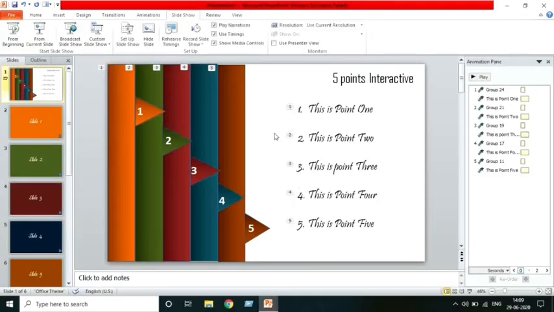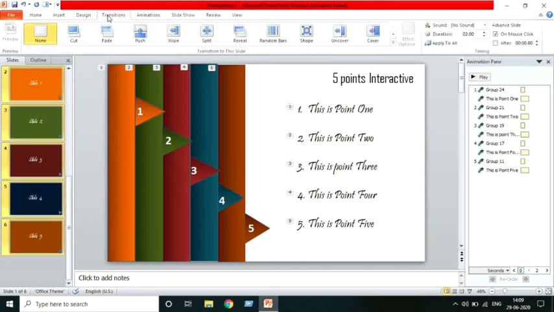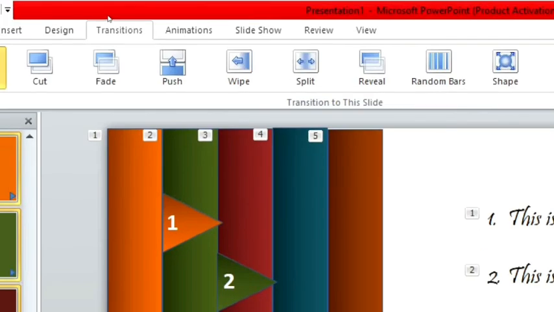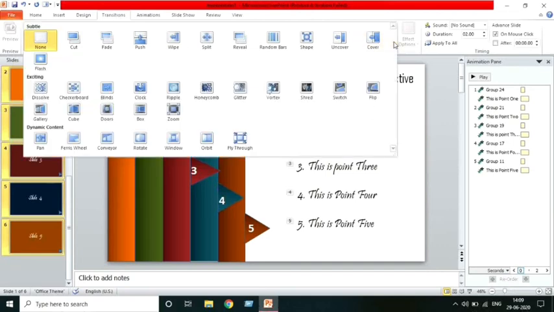Now for giving some visuals, simply we will add some graphic which you want. You can add any type of animation to this, so simply we'll add to all so that it will look quite more interactive. So simply click on this first and click on Shift End, okay. So all slides will be selected. After selecting all the slides, click on transition. Here you can see we have clicked on transition. You can get more transition options over here. So by viewing it, many options are available.